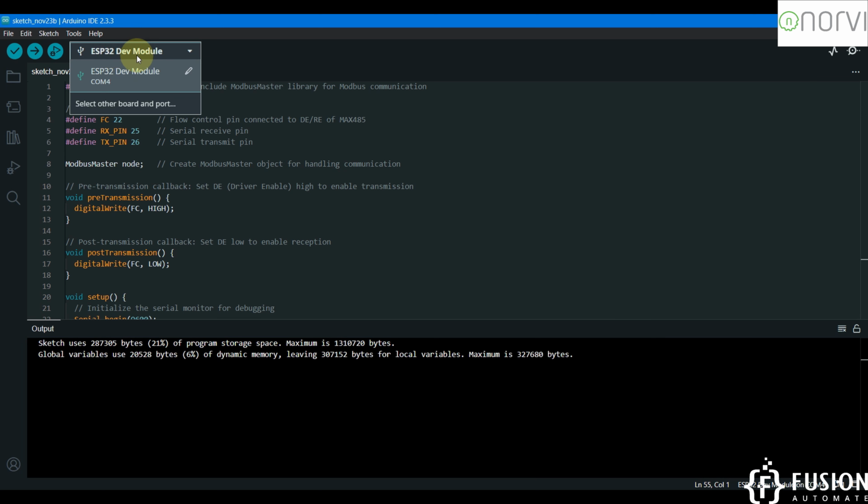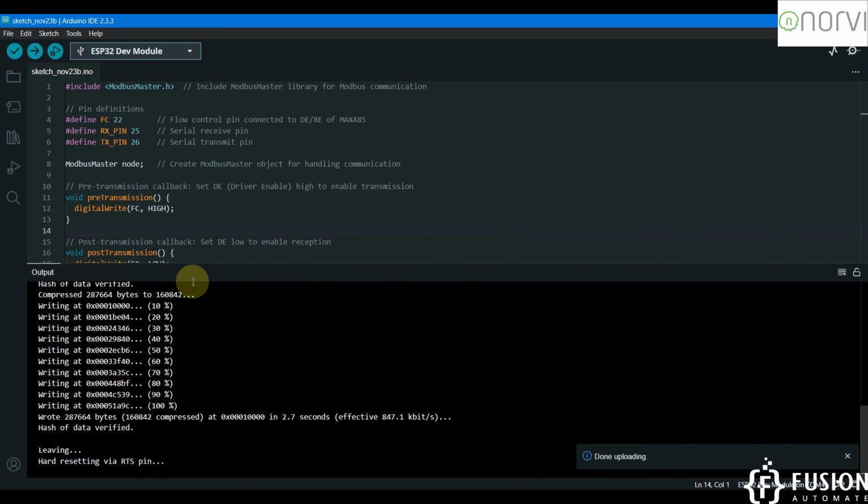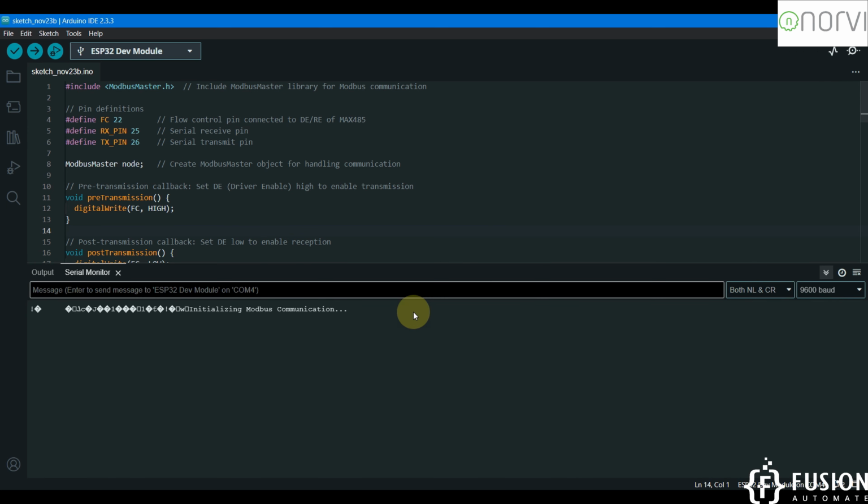So I am going to use the ESP32 Dev module. We'll select COM4, and then we'll click on the upload button. Okay, uploading is done. Now I can open the serial monitor, and here you can see initialize Modbus communication, read